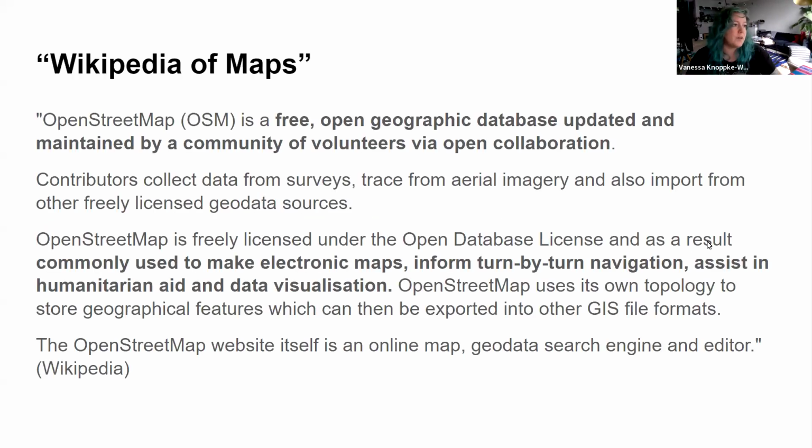So OpenStreetMap, I'm sure many on the call know, but just in case you don't, it's like the Wikipedia of maps. You can look at it online and just kind of see everything in the world, just like Google Maps. The difference is that the data is all non-proprietary. It is community created. It is continuously mapped by people. It's mapped by people you might know. It's mapped by people globally, and it's been a cumulative effort to get all the data on the map,